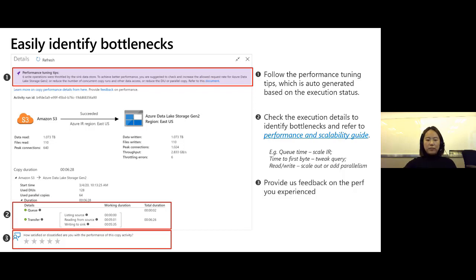So what is, for example, the data integration units or the parallel copy numbers being used for this copy, and also the duration breakdown, like how long is being queued versus being transferred. And within the transfer, how long is used to retrieve data from source versus writing data to the sink. This kind of breakdown will really help you understand what is the bottleneck from this specific copy